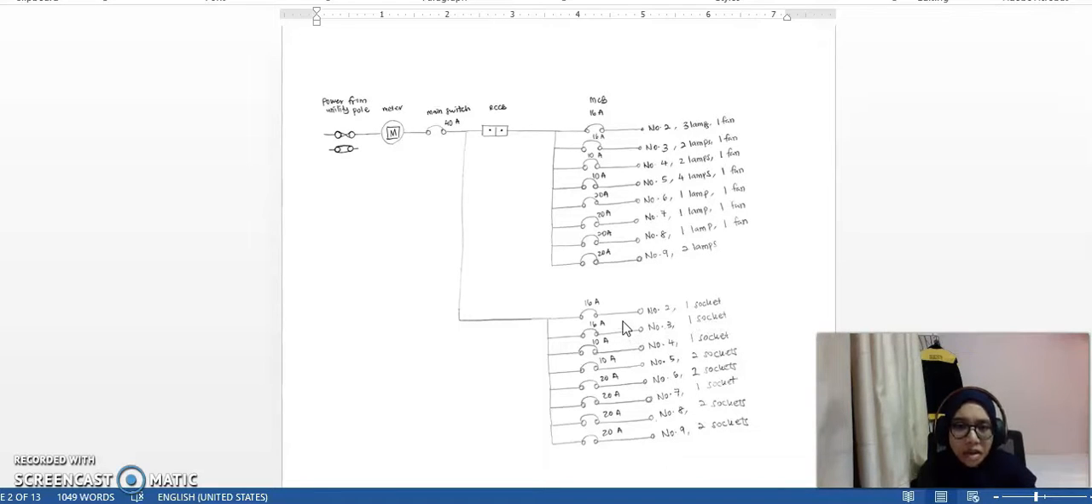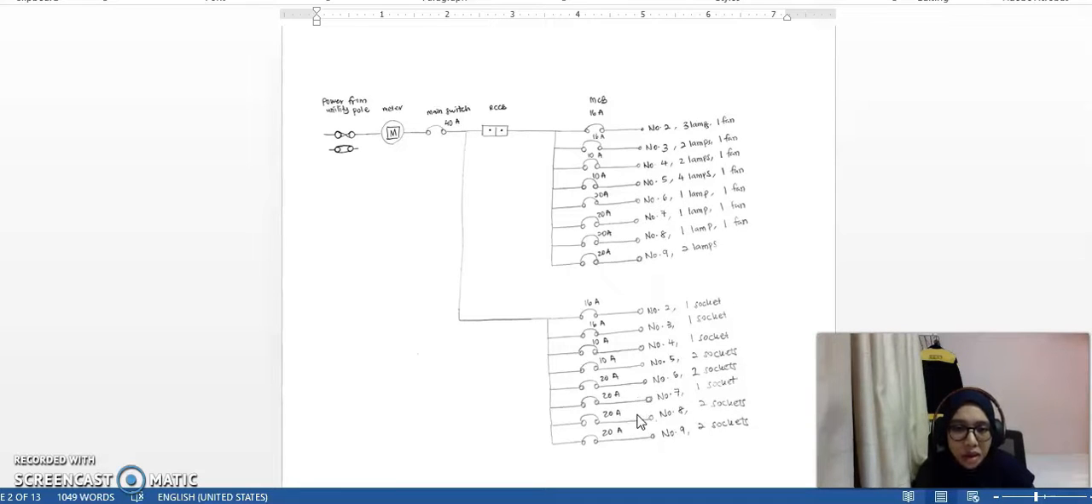So as you can see, for MCB of 16 amp to number 2 with 1 socket, 16 amp to number 3 of 1 socket, 10 amp to number 4 of 1 socket, 10 amp to number 5 of 2 sockets, MCB of 20 amp to number 6 of 2 sockets, then another 20 amp for number 7 of 1 socket,